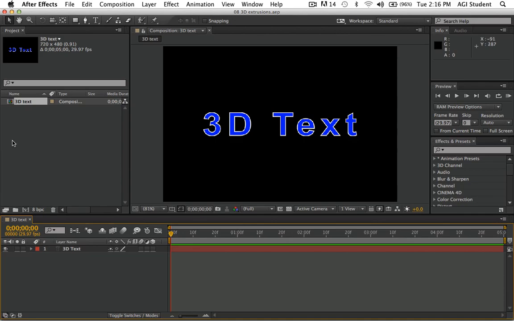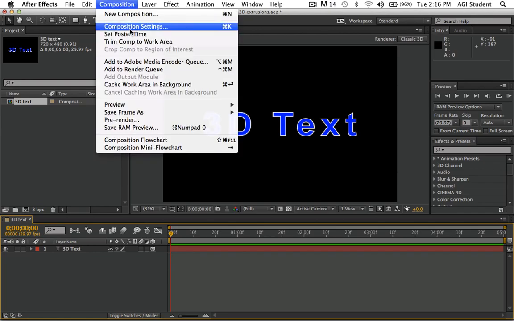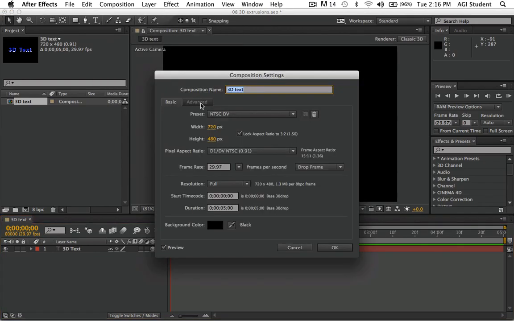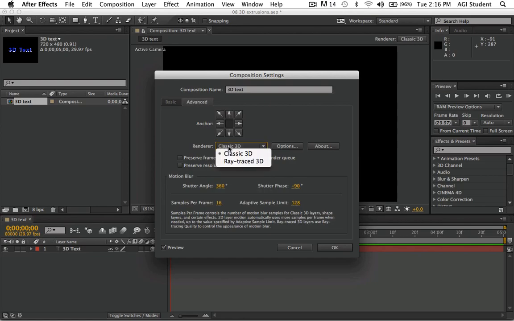Let's start by making the text layer a 3D layer. Go ahead and click the 3D switch here for the text layer. When it comes to extrusions, we'll need to change something else with regard to the composition settings as well. Go into the Composition menu and choose Composition Settings. Go to the Advanced tab, and then go to the renderer and set it from Classic 3D to the Ray